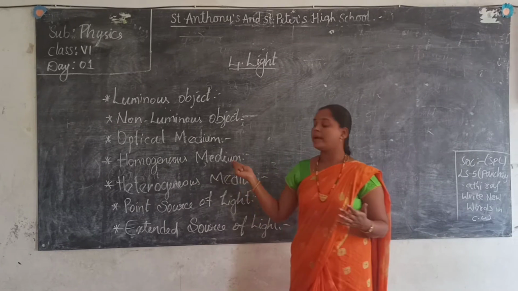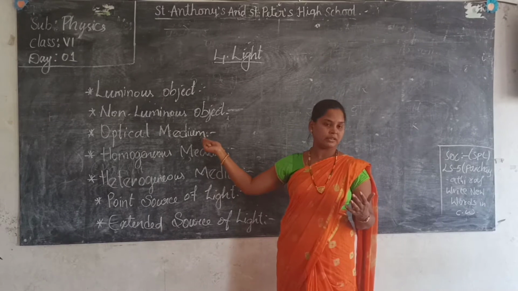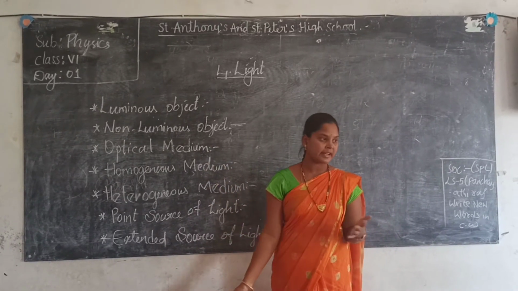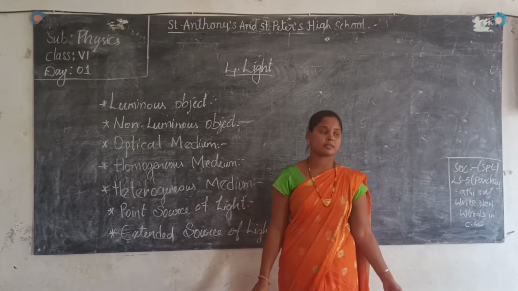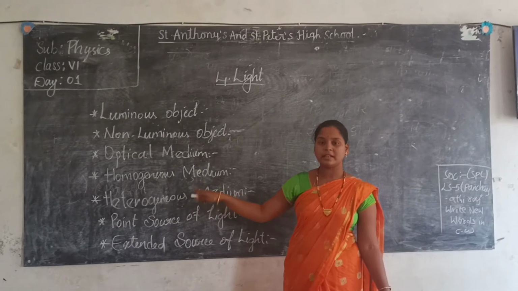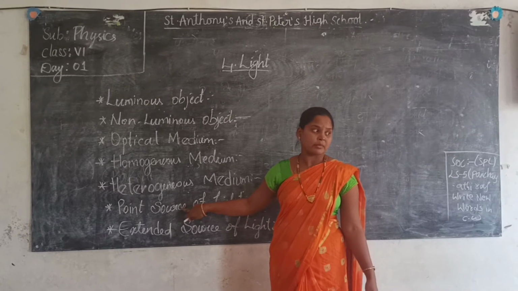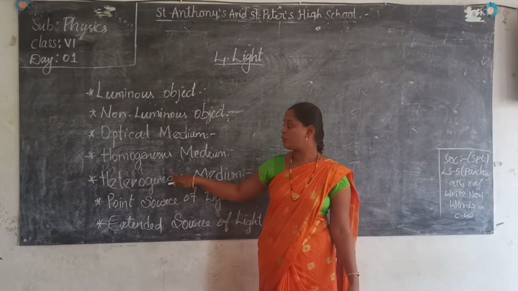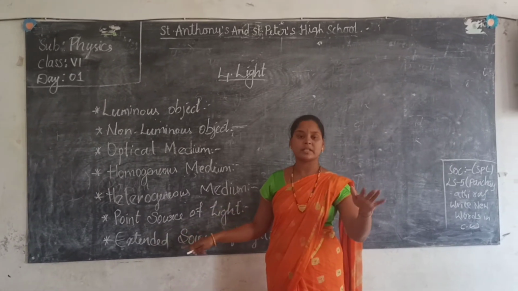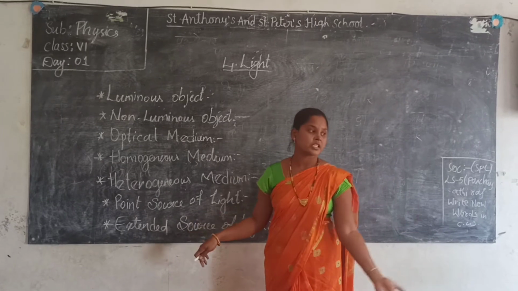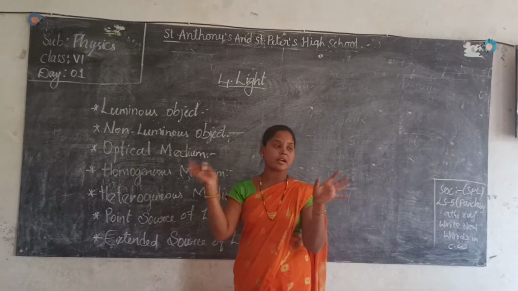Next, homogeneous medium. Homogeneous and heterogeneous both come under optical medium. That means from these two, light can pass through them. Then what is homogeneous? What is heterogeneous? Did you get any words here? Homogeneous mixture, heterogeneous mixture. Yes, ma'am. What does homogeneous mean? Which remains the same. Hetero means it does not remain the same. It will be changed. Here, when coming to light, homogeneous medium means, see, air is surrounding us.